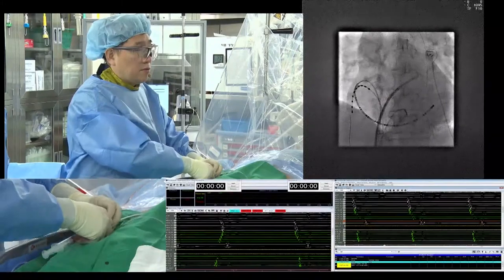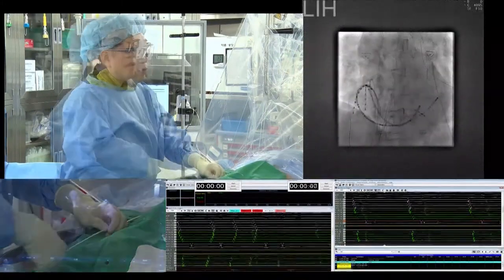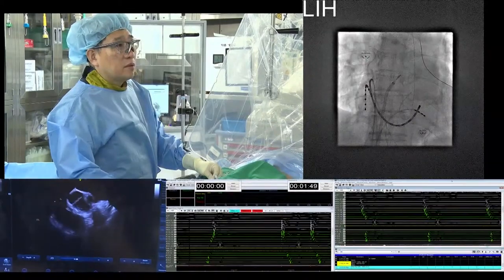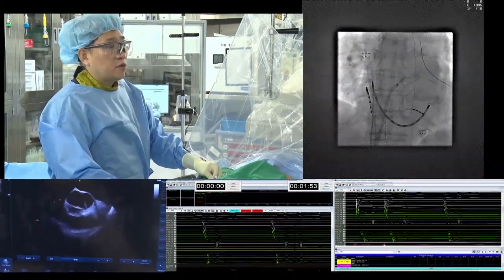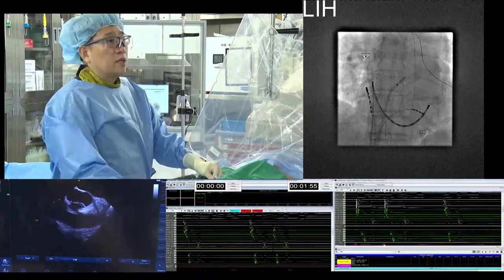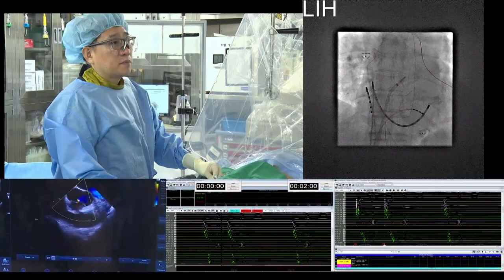And third one, you can use a low energy Bovie power on the tip of the broken Brockenbrough needle. I put the ICE catheter inside the left atrium through the SL1 sheath. This is the home view and aorta. And then on the right side of the aorta, you can see the appendage.